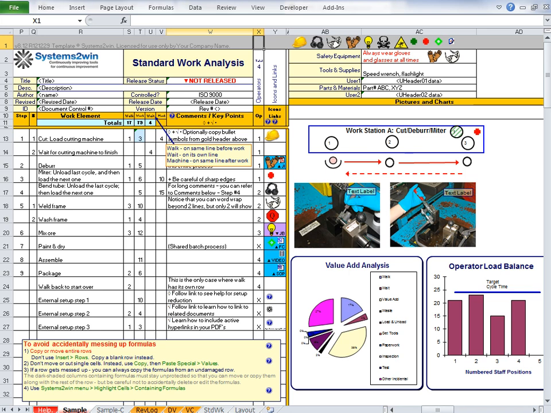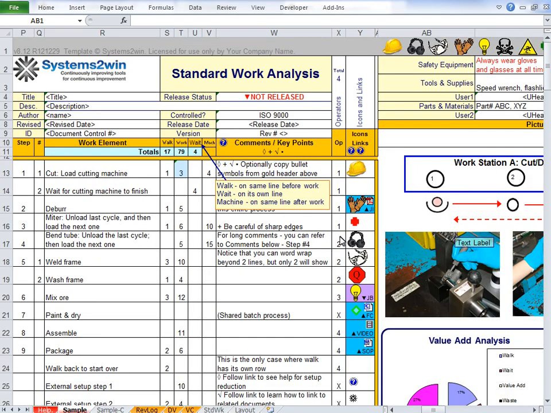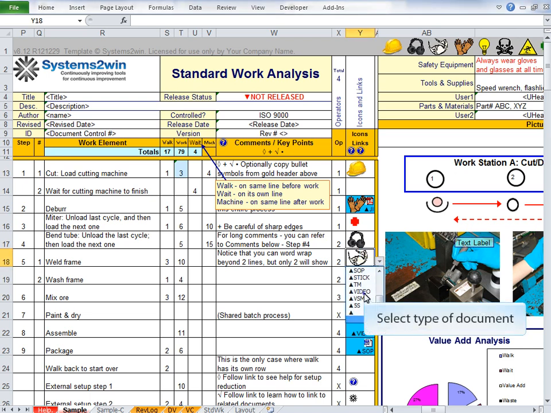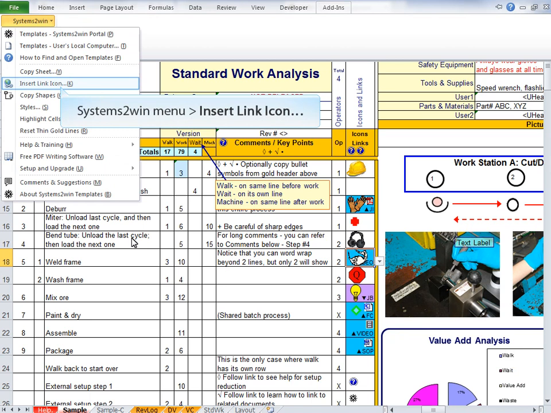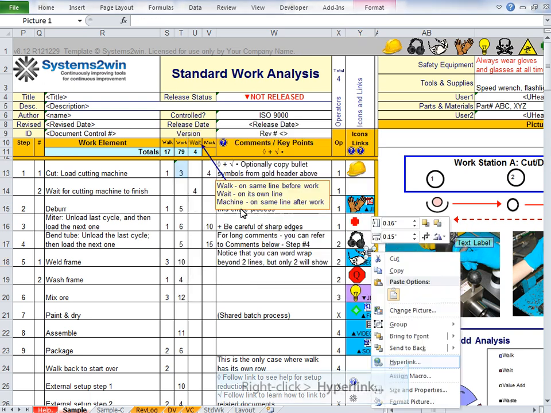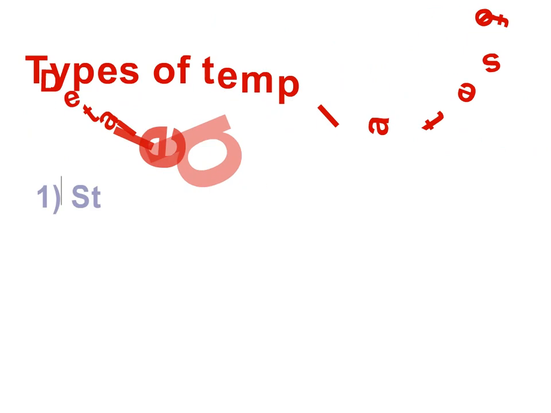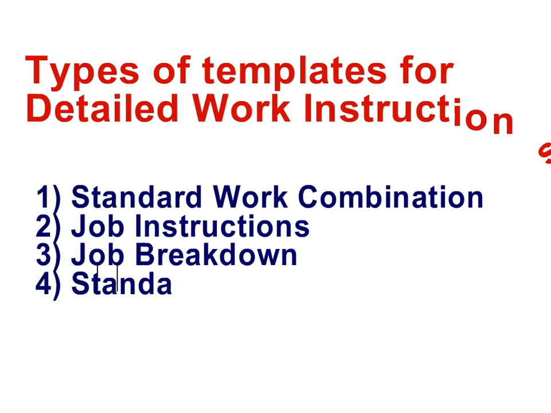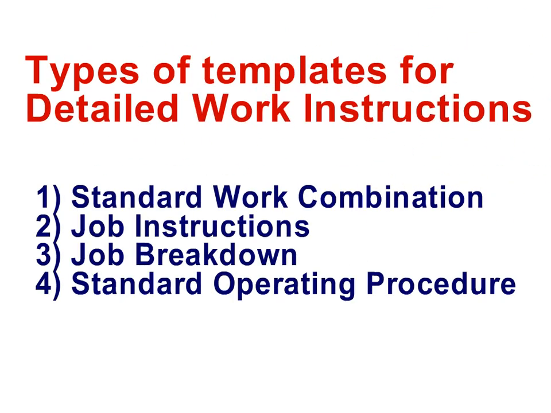or any user-defined purpose. But if any work element has a substantial level of detail, then rather than cluttering up this overarching document, it's usually a better idea to link to some other type of document, which might be a flowchart or a PowerPoint, or in this case a video, to provide detailed work instructions for that work element. Most commonly, you'll be drilling down to one of these other 3 popular tools for documenting standard work. Let's look briefly at each of them.